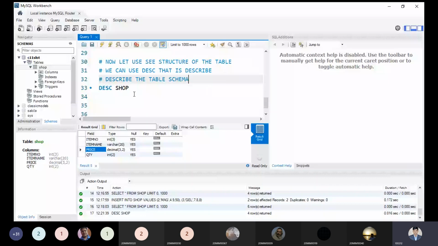So if someone asks in an interview how to see the description of a table, we can say describe, or sometimes it is known as describe or description. Description is not the appropriate word; describe is the appropriate word over here. Okay, so we can say describe. Yes, tell me any doubt you are having so far.